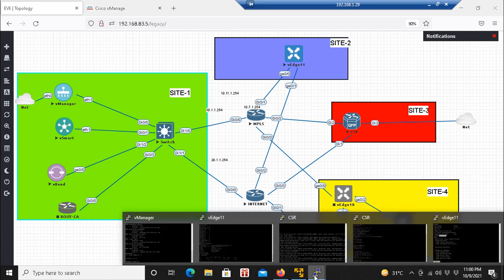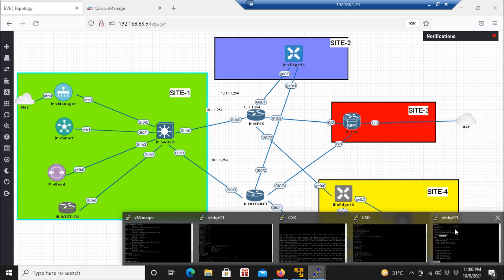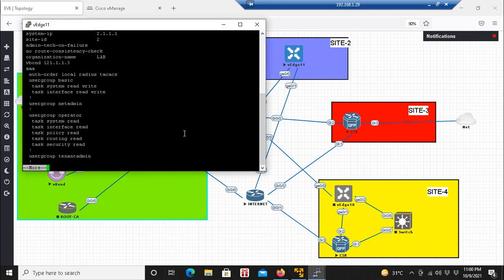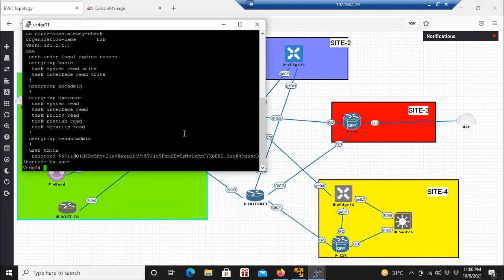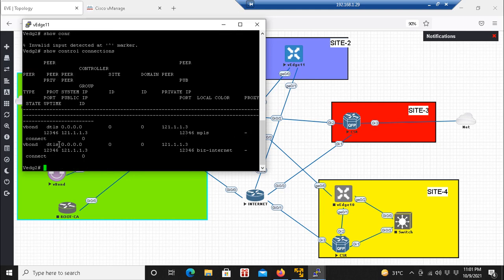So if we look at this vEdge and check for the control connection, the command to check is show sdwan control connections on the vEdge. So these are the control connections.